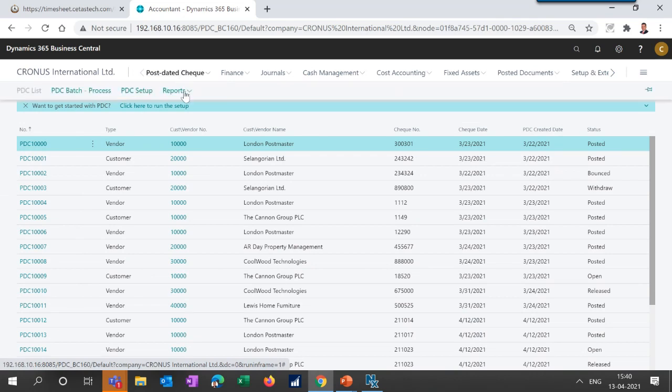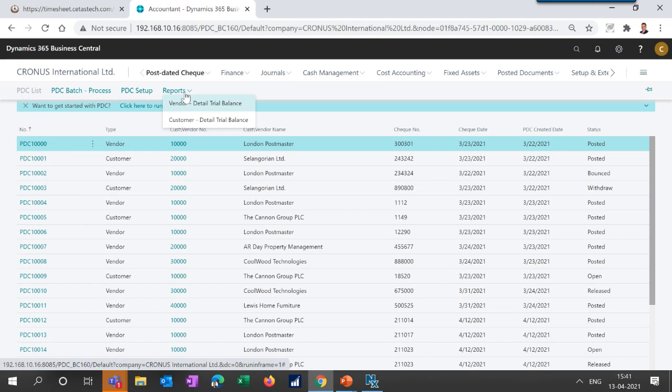The released transactions can be used for reporting and controlling purposes. As of now, we are keeping this PDC transaction in a separate module. We are not making any financial implications or entries so far. As and when the date comes in, based on the notification, the accountant or accounts payable or receivable people can process this PDC. They can post it into the financial accounting modules, the respective AR and AP modules.